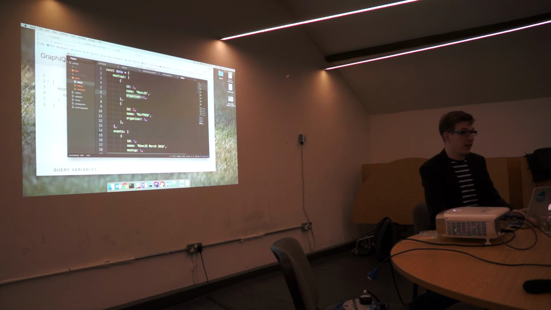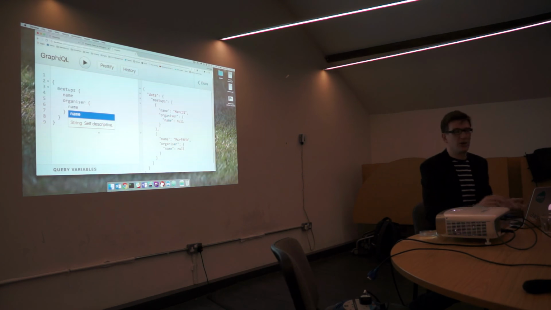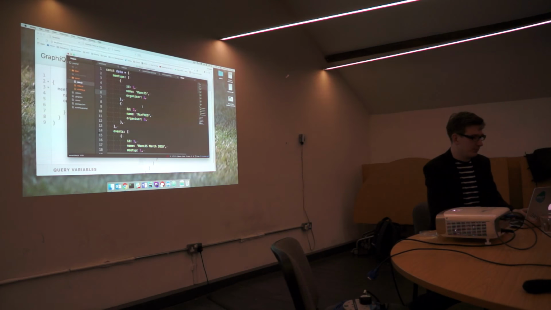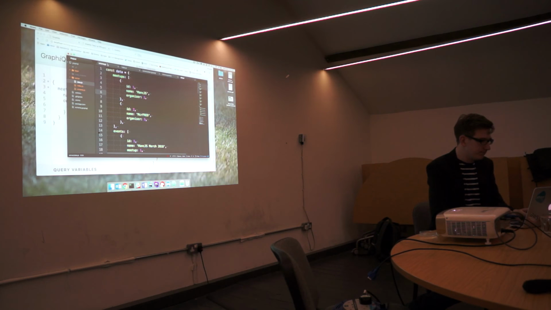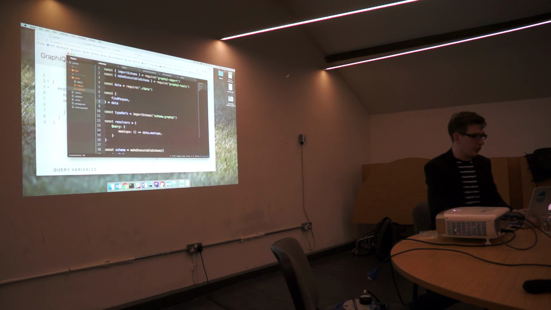But you see organizer is just an ID here, so if I want to go and pull through name, it's going to fail to resolve because it can't work out how to map that ID to something with those type fields. So let's resolve it a bit nicer. I've got some helper functions here.